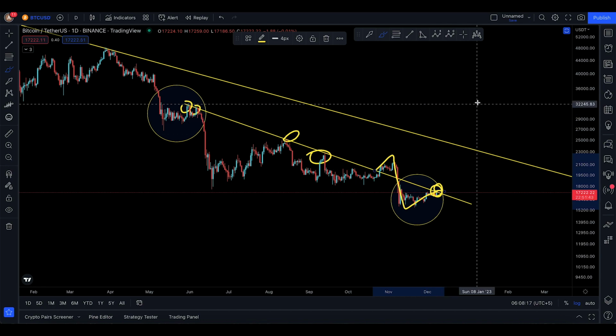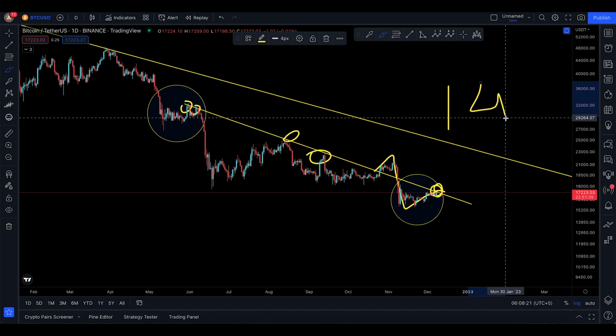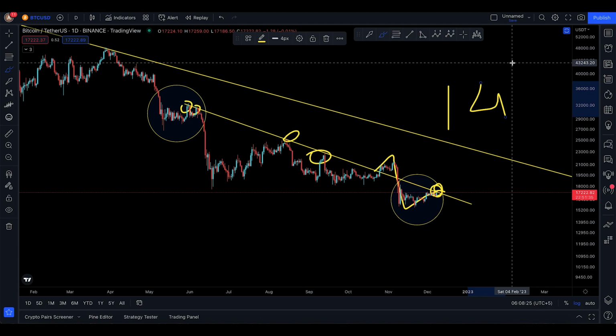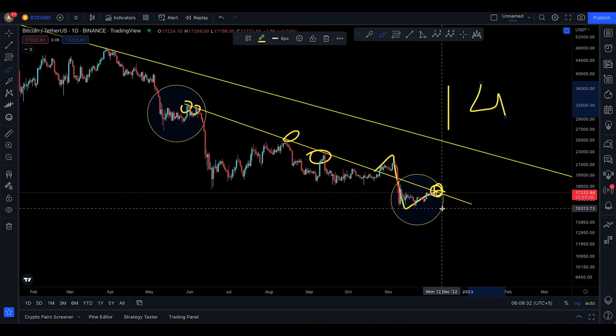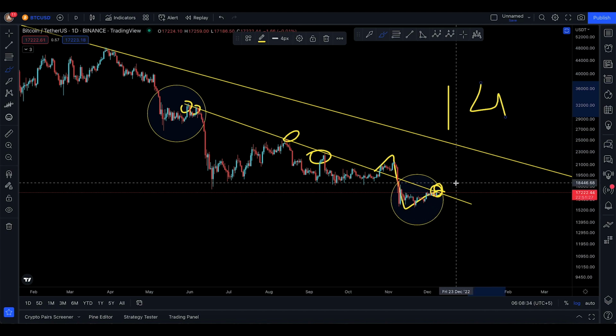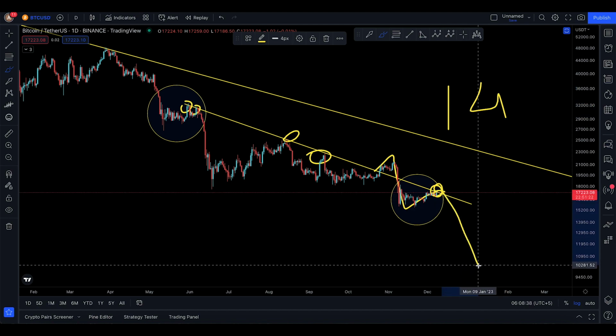And very, very soon enough, because there is news coming in by the 14th, the Fed meeting or the interest hike news is about to come out by the 14th of this month, and we're sitting at 9 December, so basically 5 more days. It's not even very far away from here.